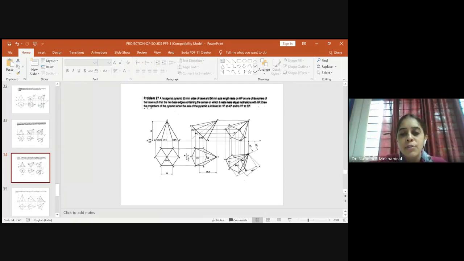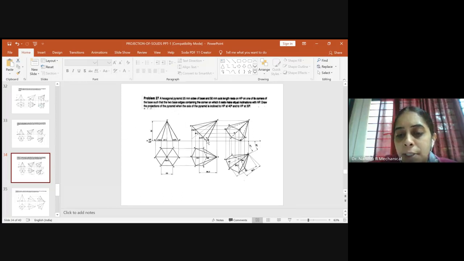So after that, I told you the given hexagonal pyramid is inclined at 45 degrees to VP, right? When the solid is observed from the top in this way, the entire outer boundary will be visible, and hence you will join the outer boundary of the given solid first. So you will join O to B, B to C, C to D, D to E, E to F, and F to O. This is the outer boundary of the solid which will be visible.